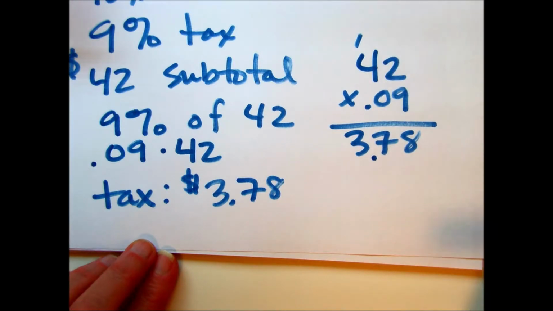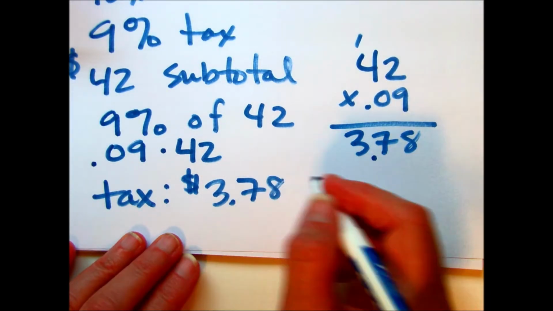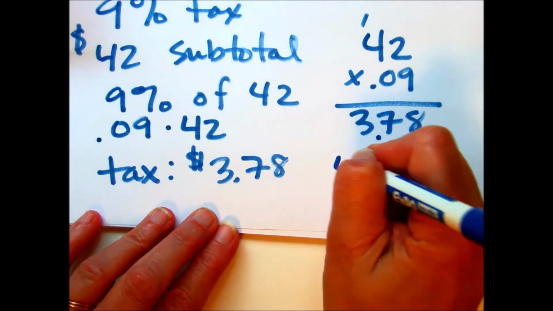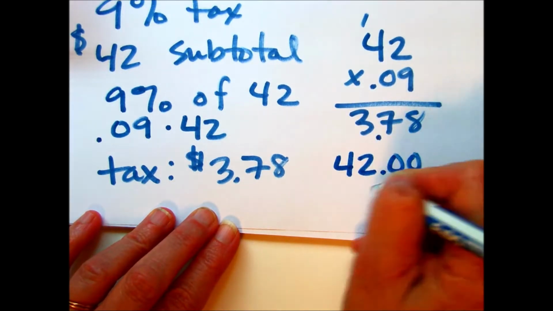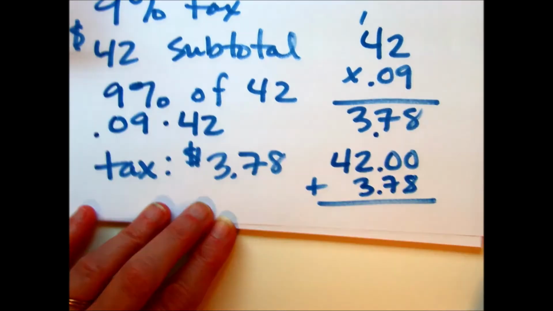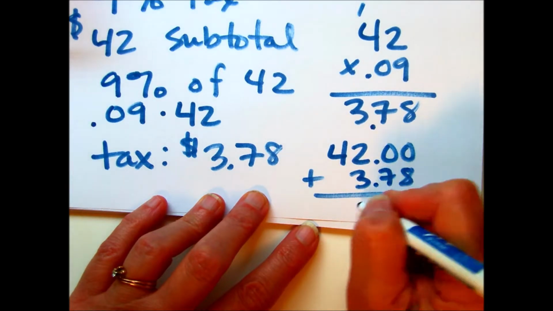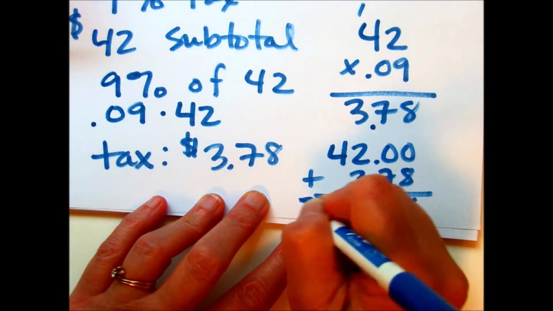Now, if I want to know what my total is, I would then have to add this to the original amount. So 42 plus 3.78